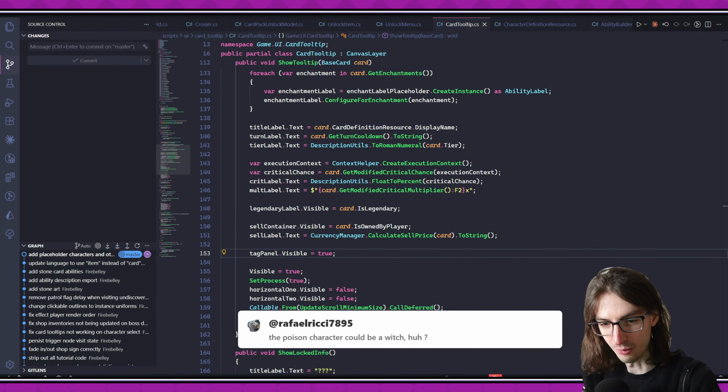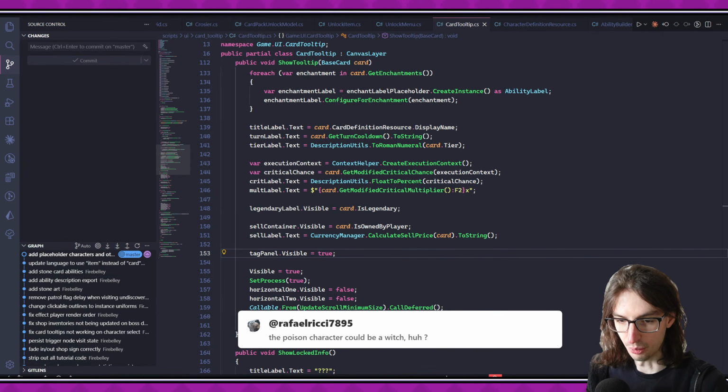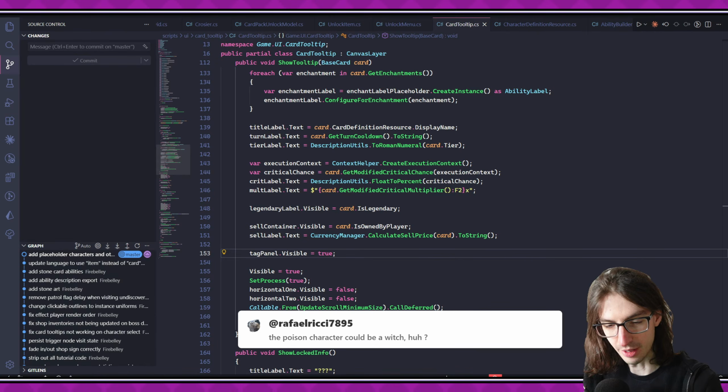The poison character could be a witch, huh? The poison character is the priestess, at least for now. Maybe that will change, but...